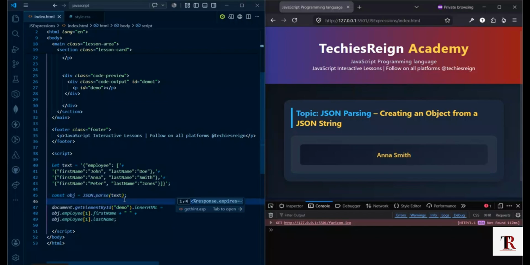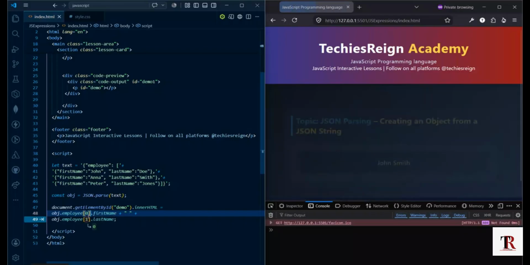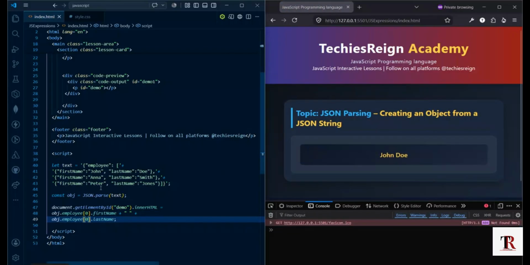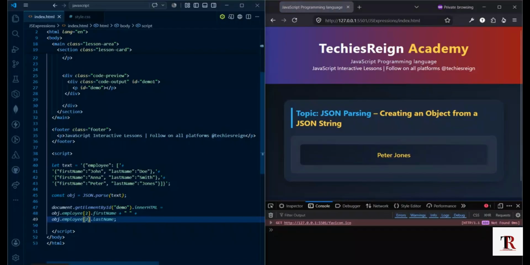And this method can then allow us to just test for anything. If I want an employee at the index position of 0, I just need to change the position, and then the name as well will change. You can see John Doe, which is correct. And if I want the employee at an index position of 2, I'll just go ahead and say, okay, I want the employee information at an index position of 2. And you will see that the name that corresponds with what we have in this employee position is what is